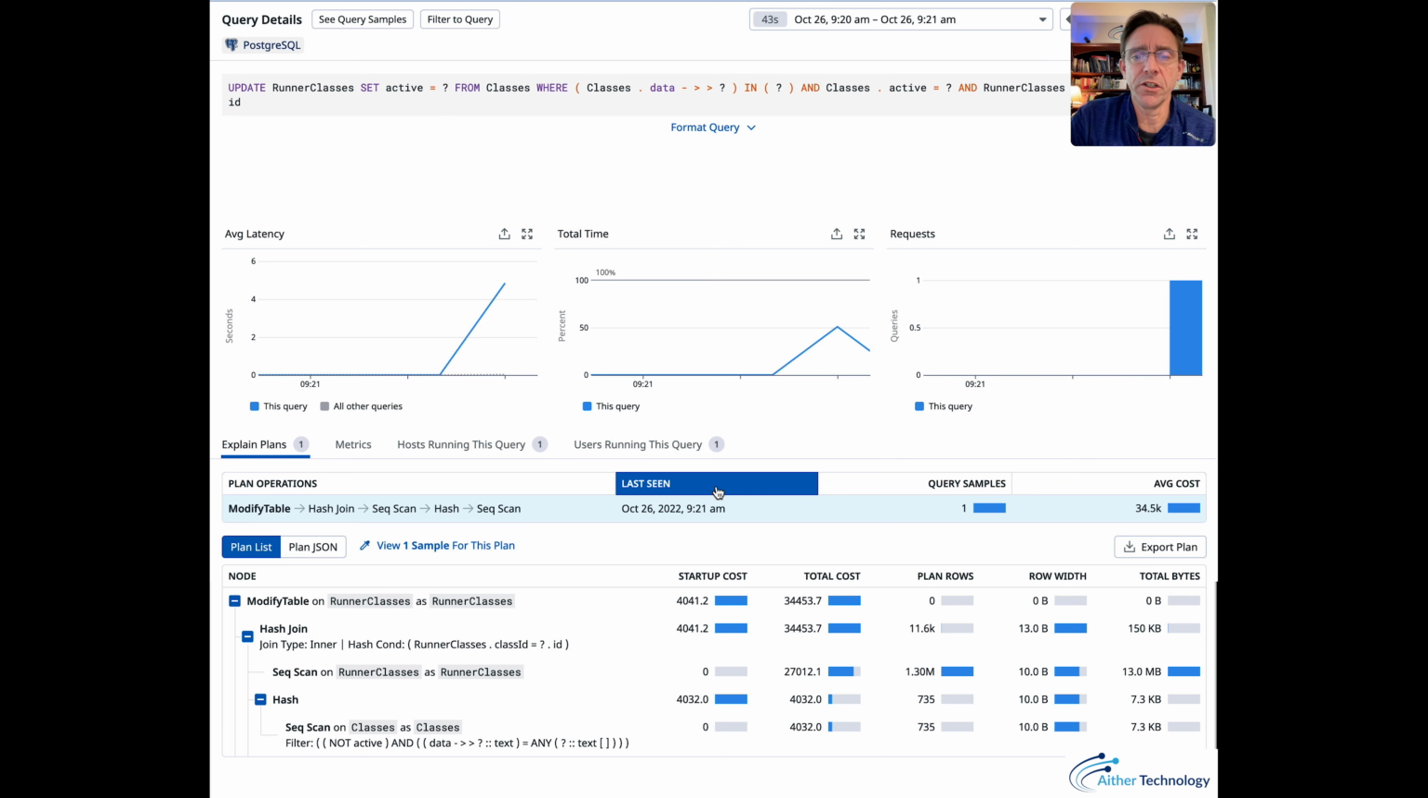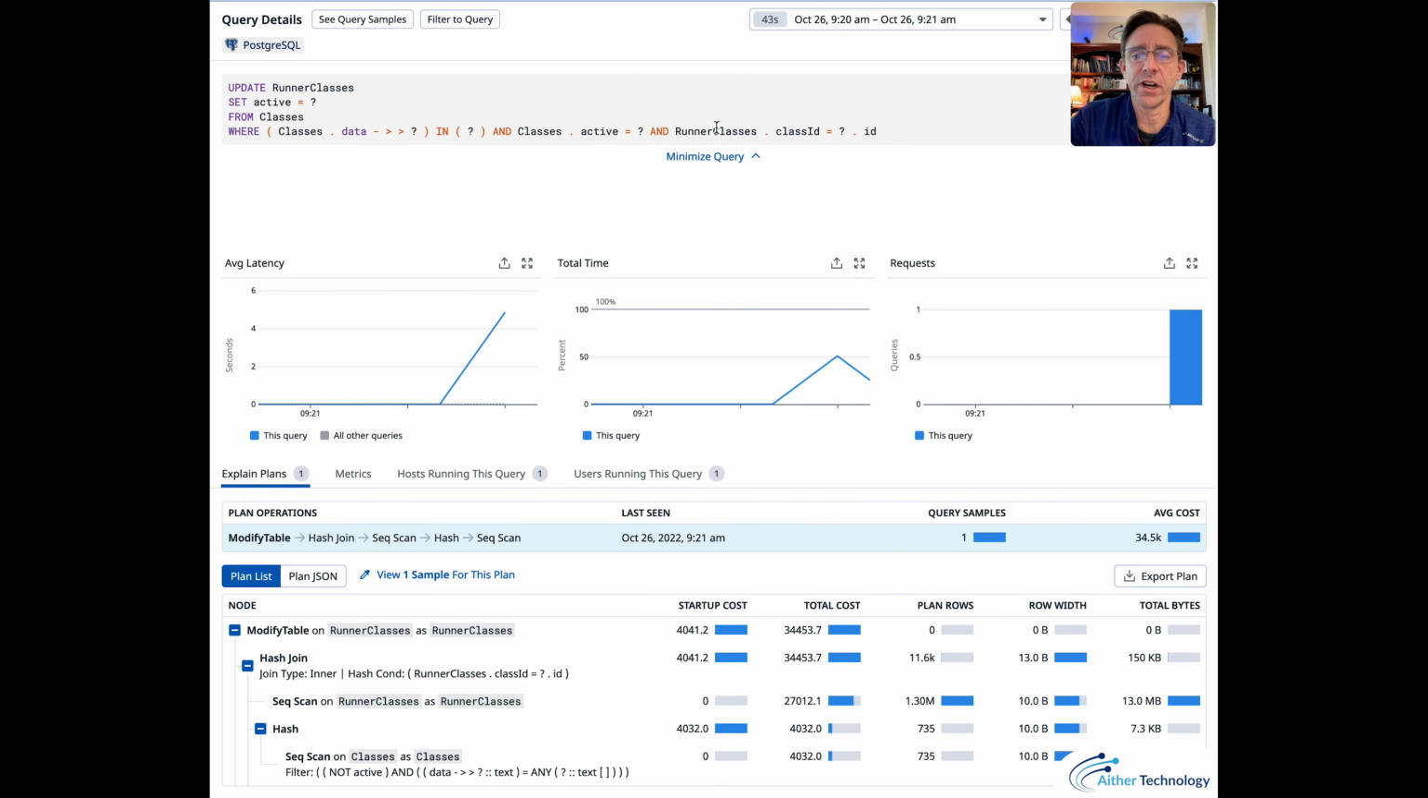I'm working on a query issue that I'm having with one of my clients and came upon a scenario that I wanted to share with everyone on some simple database tuning that you can do that will massively increase performance on your database. So here I'm working on an update to a table, runner classes, and